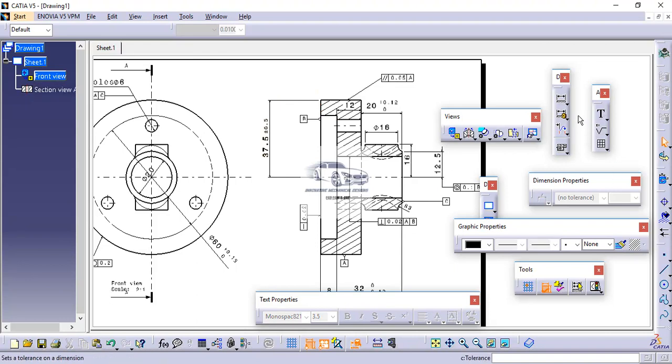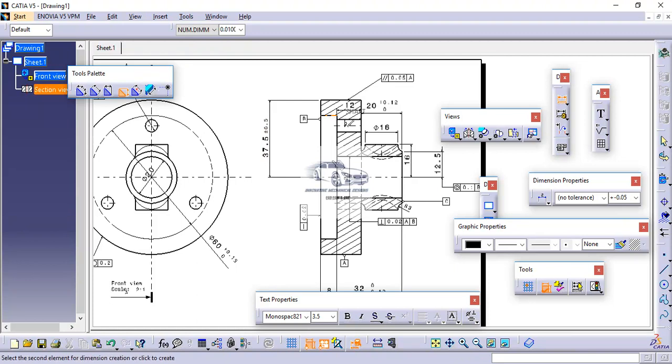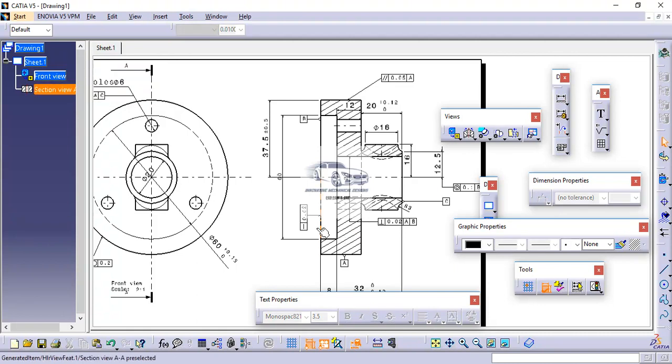So I will delete it. So I will give the dimension of 60 here. So later on we can place the geometrical tolerance of concentricity on this dimension by using the same method as I have described before.